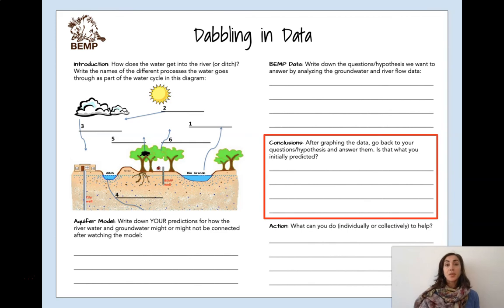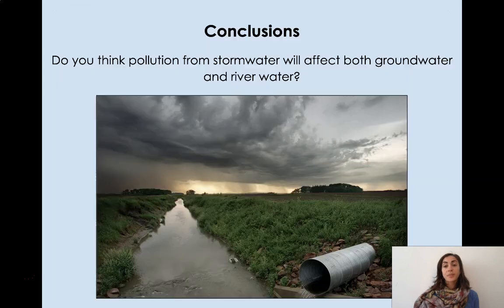And go back to your initial predictions and try to answer if you were correct or not with your initial predictions. Finally, there was one final question that we were trying to answer, and that is, do you think the pollution from storms will affect both groundwater and river water? That is because when we looked at the Aquifer Model with Shelby, we did see that when there was some pollution over the surface of the water, it seemed like that pollution was affecting both the river and the